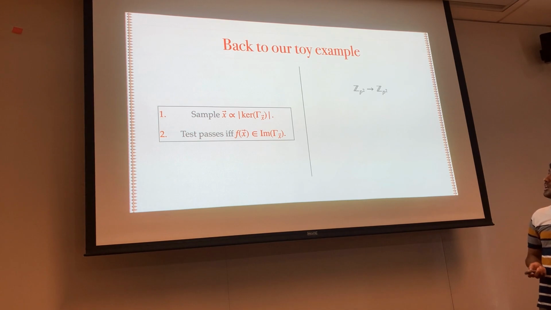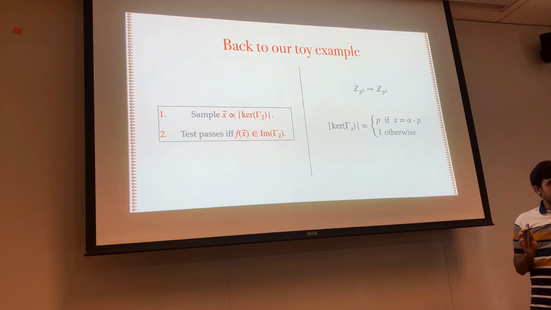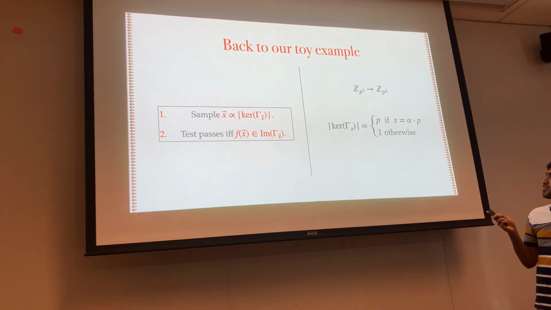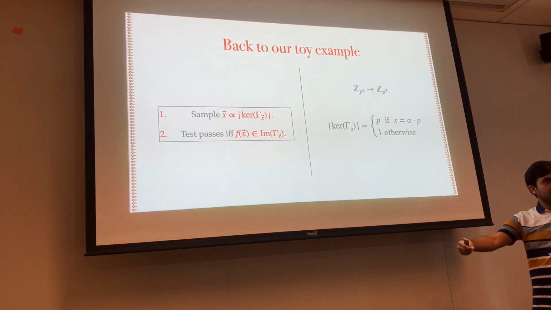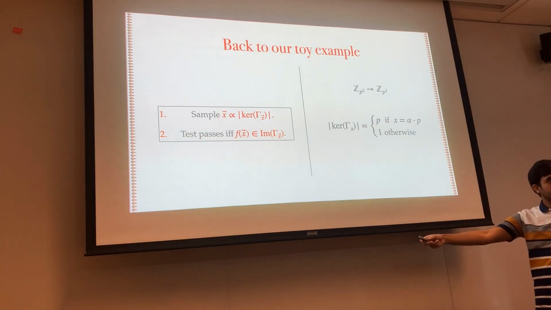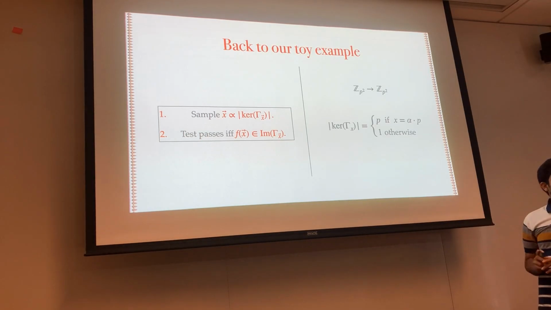So going back to the Z_p square case, if I just think of k equals 1, I'm just looking at a single element, then this size is purely determined by whether it's a multiple of p or not. If it were a multiple of p, then this thing gets a factor p, because if phi of 1 is fixed to be any multiple of p, then phi of alpha p will be alpha p square, which will be 0. Otherwise, it's